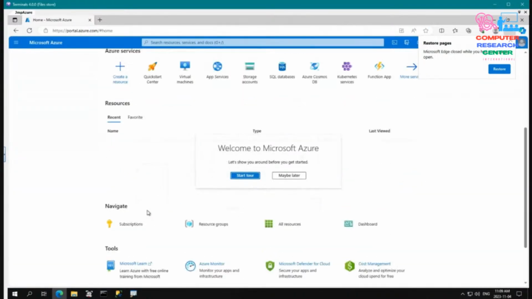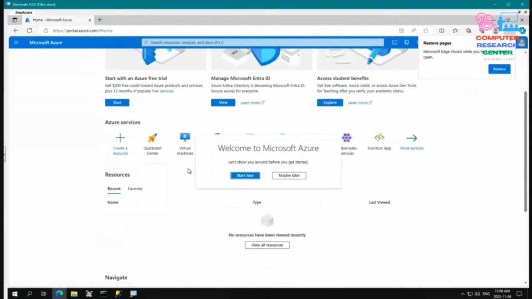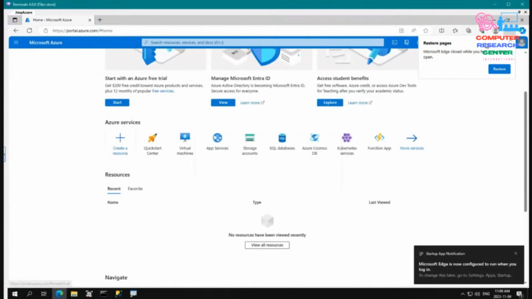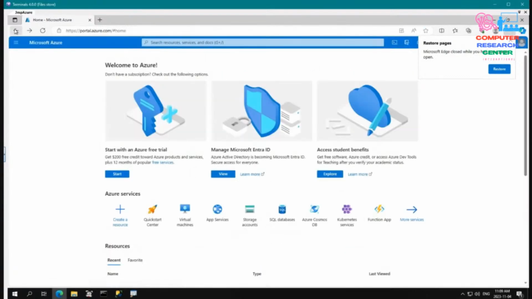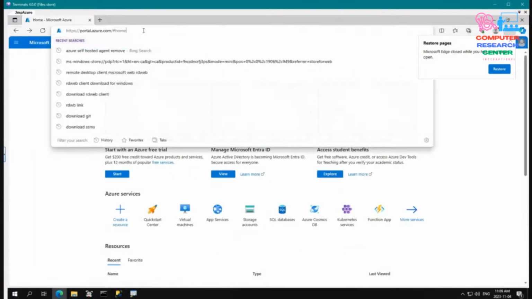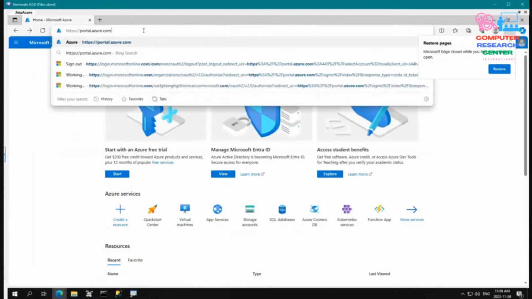So in Azure, we don't have many things available at this time. Sorry, I logged in with the wrong credentials. Anyways, that's fine, we don't have much here, but we will be going to Azure DevOps. So let us go there. The link for Azure DevOps is